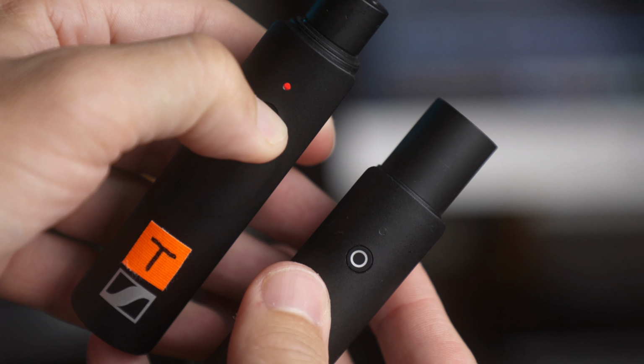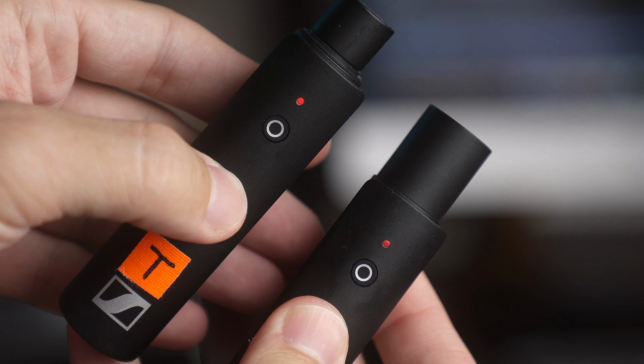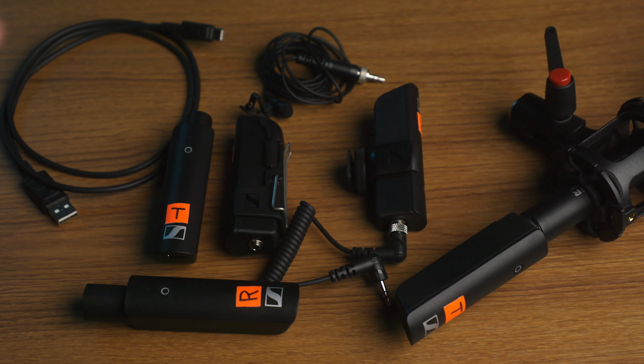Once it's blinking green and red, it's pairing. Do that to both the transmitter and the receiver. They'll pair up automatically. When they're steady green, it means that they're connected, and that's really all there is to it. One downside of that for the Sennheiser system is that there's no gain adjustment on here, and this is